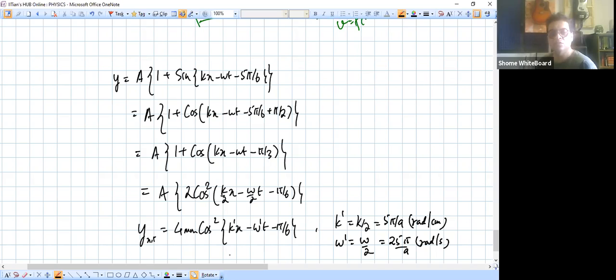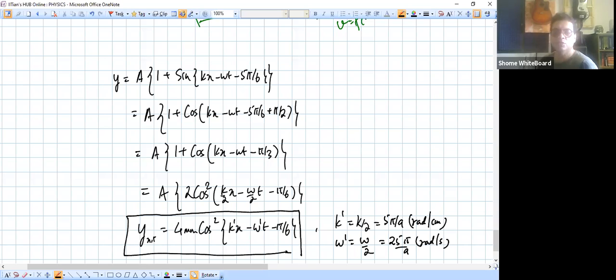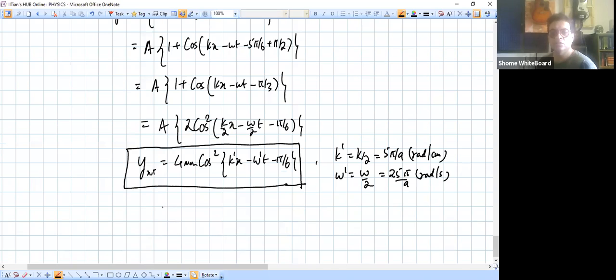Or the other is you could have started with the sine square function only. Sine square or cos square function, whichever. And you would have come to this. Okay. So this is the same thing as